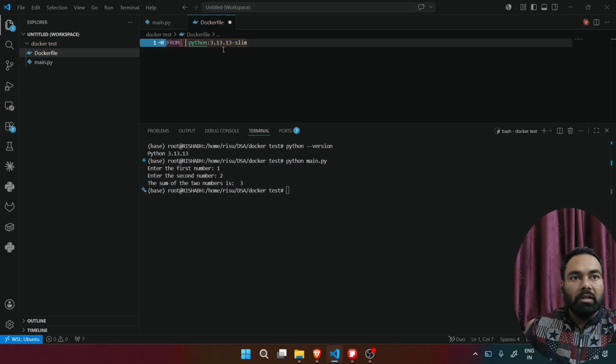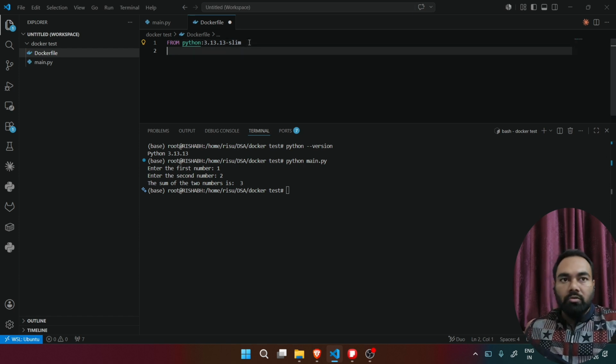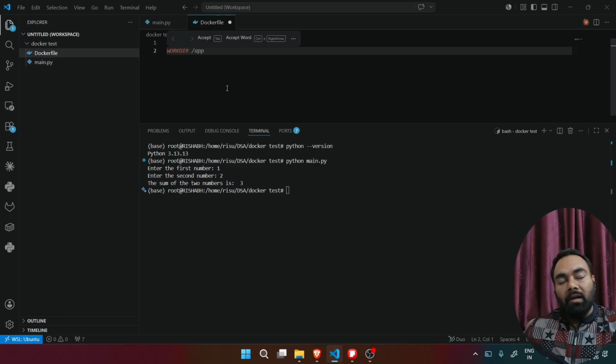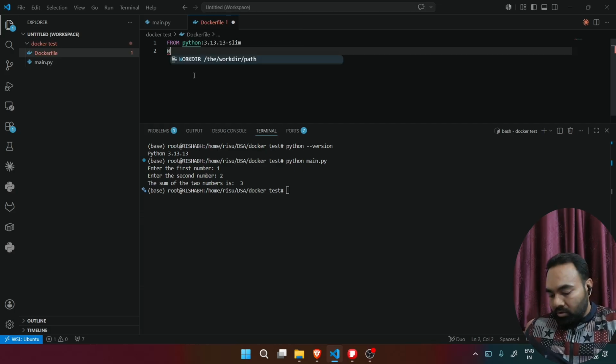Just pick it from Python. Okay. Now what I am going to do, I have to copy this file, main.py, into my image. And for running the container, where all my code will be available, for copying all the code from our local to our container, we have to give a directory name. So for giving a directory name, where all my files will go if we are copying from our local to a container, so we have to give a